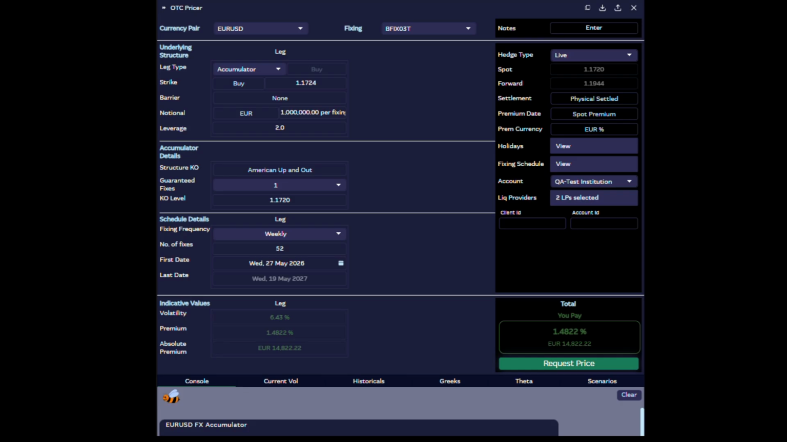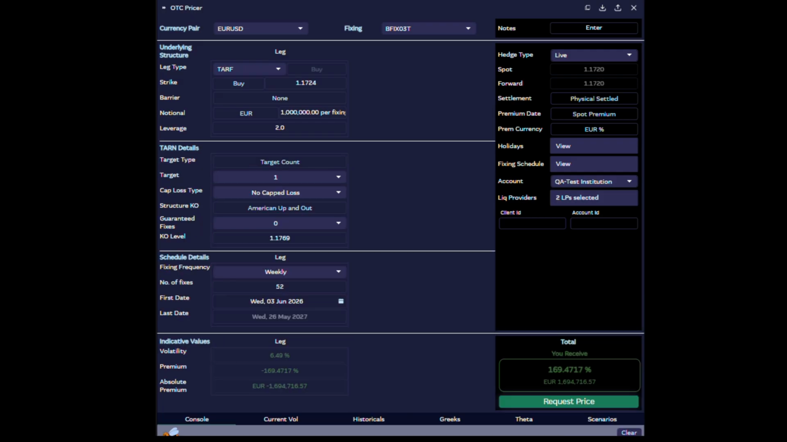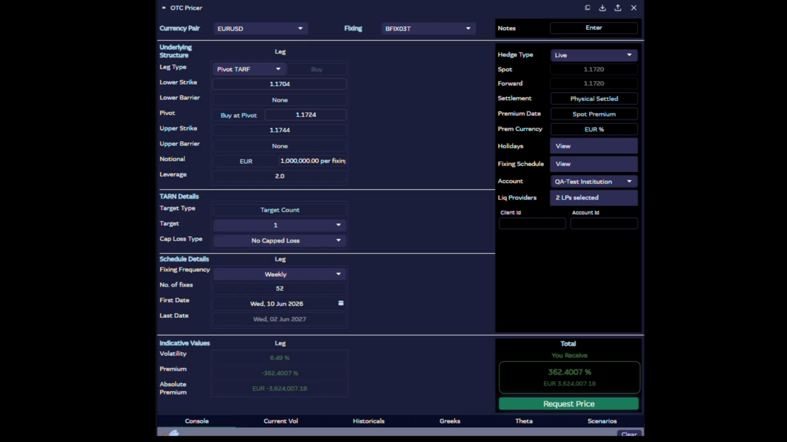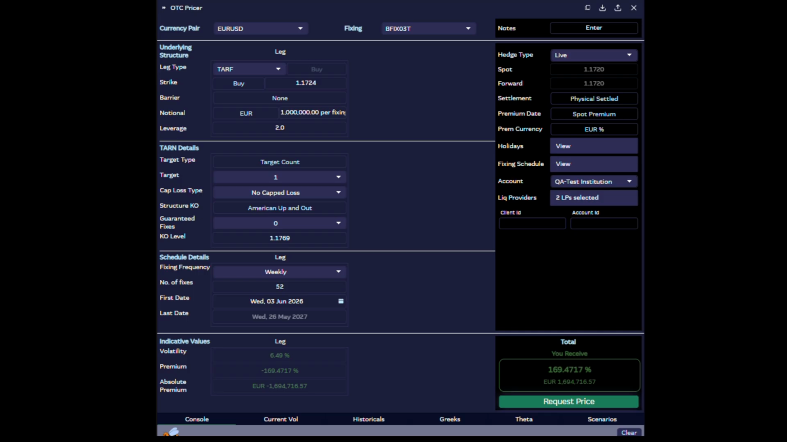Across all three structures, indicative values update continuously based on spot, volatility, and barrier distance, providing live visibility into premium and expected payout behavior. Structured products such as the Tarf, pivot Tarf, and accumulator bring disciplined payoff engineering into a streamlined environment. They enable traders to shape exposure over time, manage accumulation or profit objectives, and capture yield efficiently within